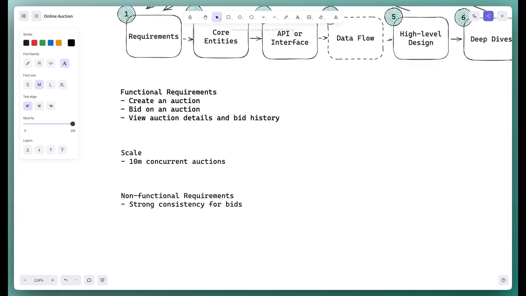Now, a really quick note, some people may be thinking to themselves, is strong consistency really required? And the answer is no. There's a permutation of this problem, and we'll talk about it a little later on, in which you can satisfy the requirements without strong consistency. But when this question is asked in an interview, usually one of the things that they're most interested in is how you handle the strong consistency on bids. It's like the most foundational of the deep dives, and so we're going to keep that there as our non-functional